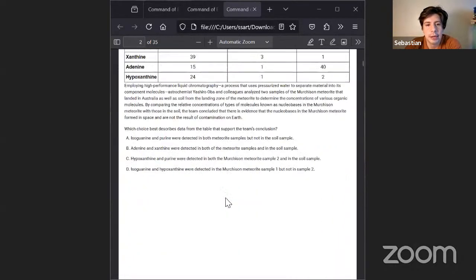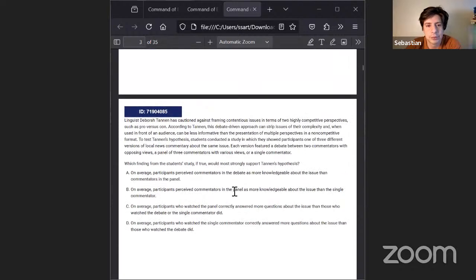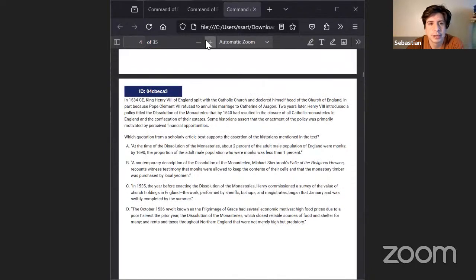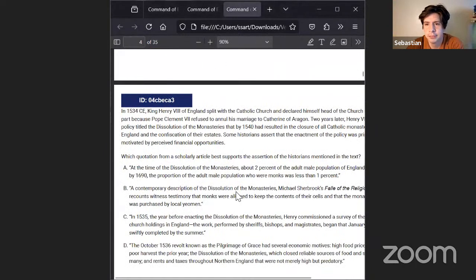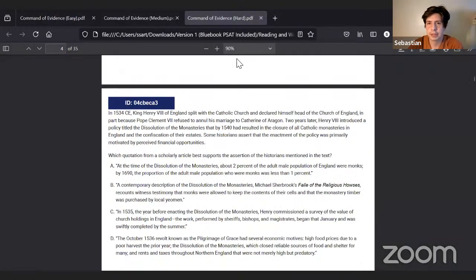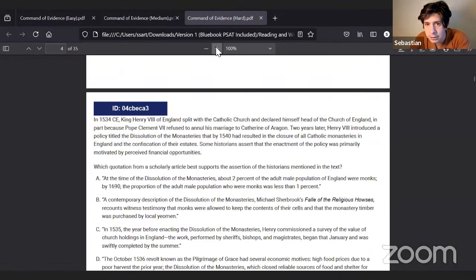And then you're going to have something like this, where you have to take in some study, some claim, and then use some sort of textual evidence to solve it. And then there's the one where they use quotations, right? Like this here. And that one is also common. I think it's one of the harder ones. They don't come up too much, but we're going to do practice with all the different ones today.